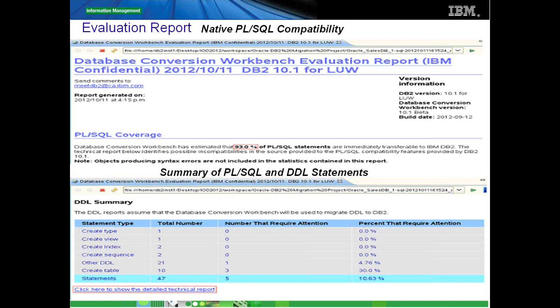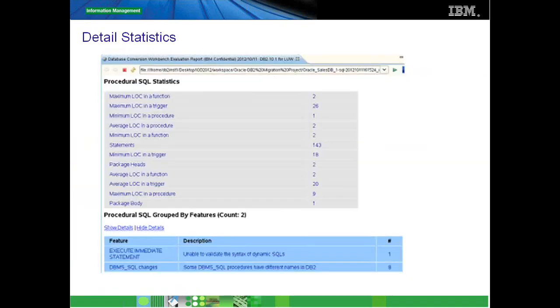So what we're looking at here is that it can pinpoint exactly to the area, right to the object which requires attention. So out of the thousands of objects that you have in your application, you don't need to worry about which one to change and which one not to, because the evaluation engine is actually going to pinpoint the right object that you need to focus on.